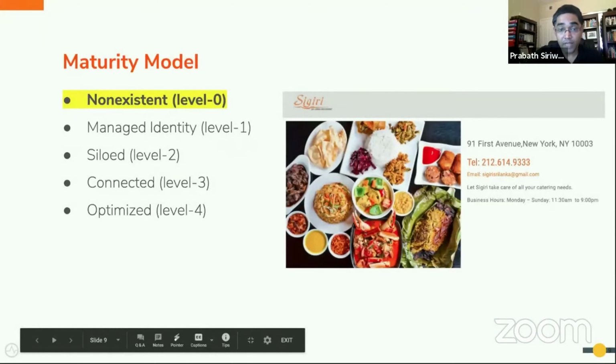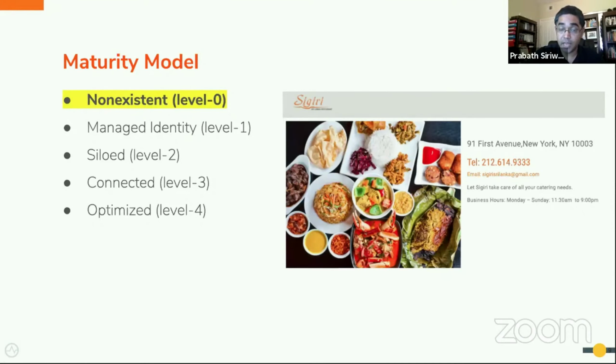Over the time, we have spoken to hundreds of customers and probably thousands of leads. From all those conversations, what we have learned is different customers are at different levels of maturity in building a CIAM solution. Some even don't know they are doing CIAM. Most businesses do start with level 0 or at non-existent maturity level. At this level, you don't worry about tracking any customer interactions. Probably you don't have an online portal, and probably you don't do any sales online.